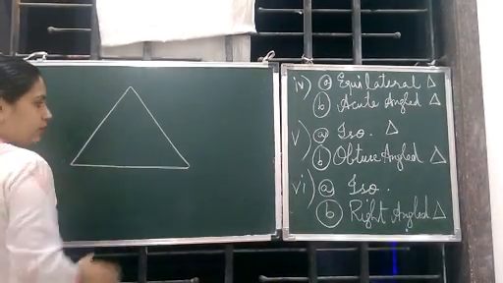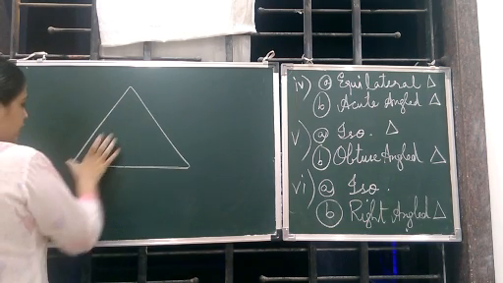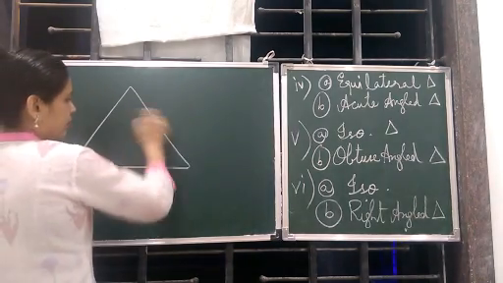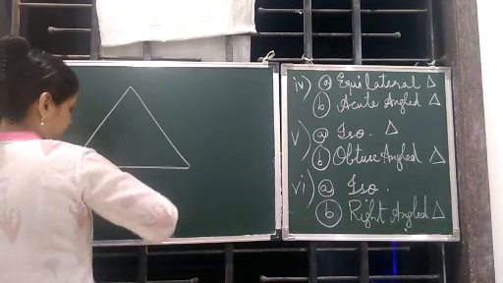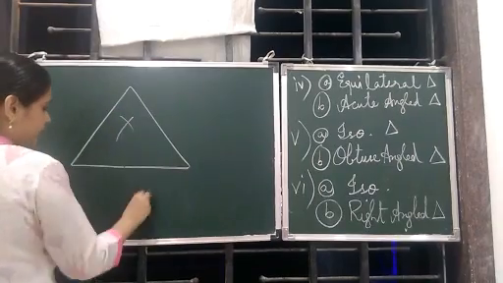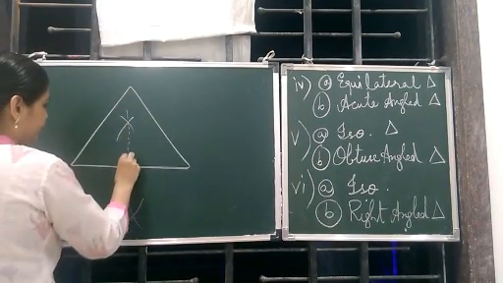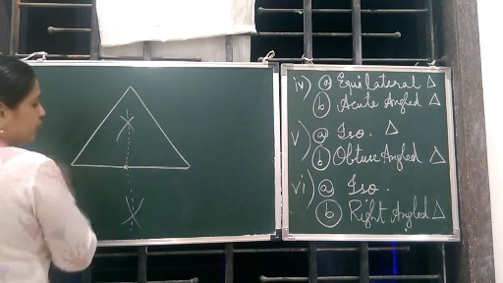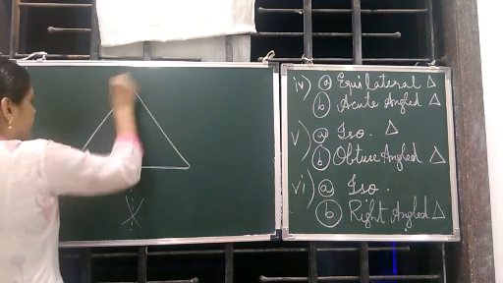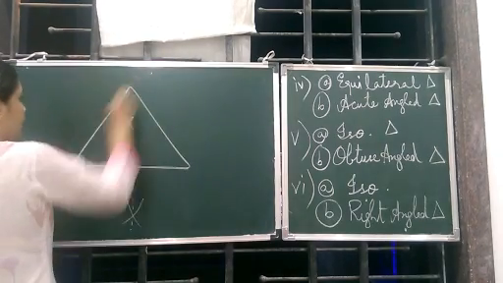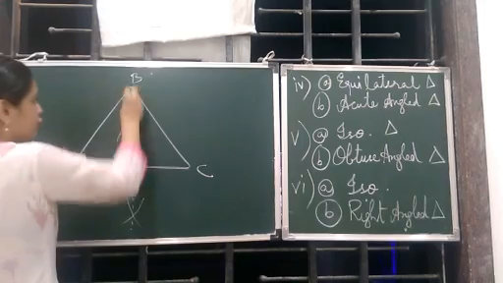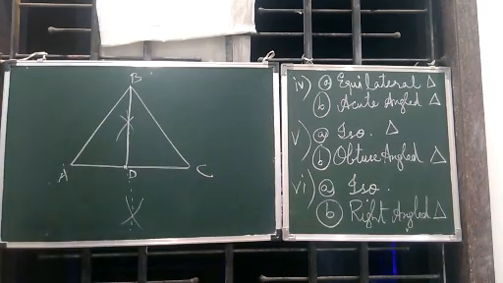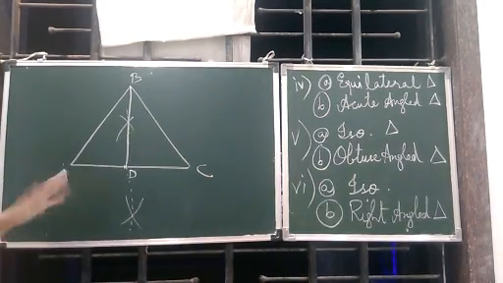So take a little more than this. Okay. And then you draw two arcs. So this is more than half of the base. Like this, you draw two arcs from this end, and then draw another two arcs, cutting the first two arcs. Something like this. Okay. You got the point of intersection like this, and then you join these two. Suppose this is the point of intersection you got. Now you join BD. So BD is the line which is dividing the triangle into two equal parts.